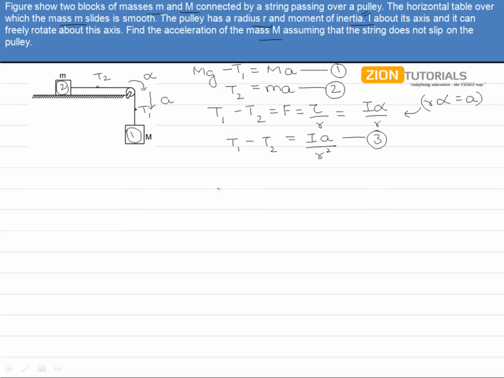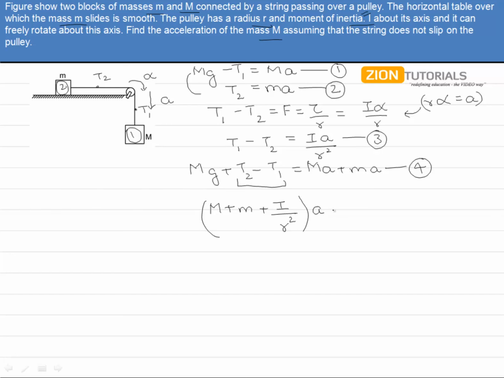let us proceed to the next, in which we need to add both the equations 1 and 2 so as to get Mg plus T2 minus T1 equals Ma plus ma, marking it as equation number 4. Let us now put the value of T2 minus T1 from equation number 3 into equation number 4, and so we will be getting M plus I by r square into acceleration a is equal to Mg,